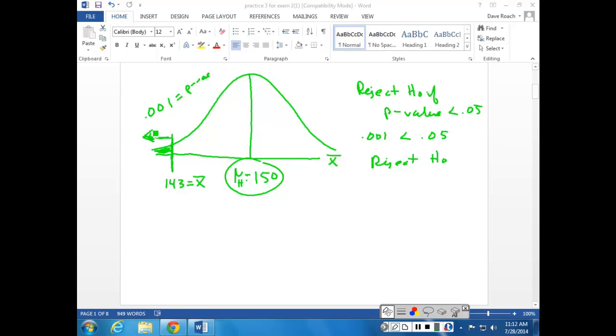So if mu is equal to 150, then there is a 0.001 chance, about 1/10 of 1% chance that